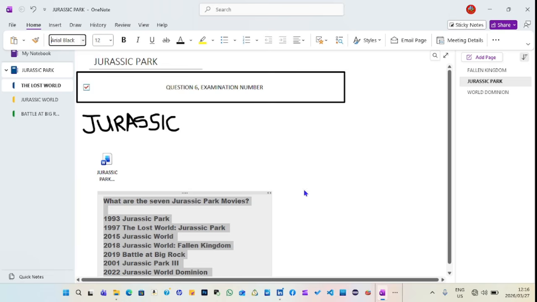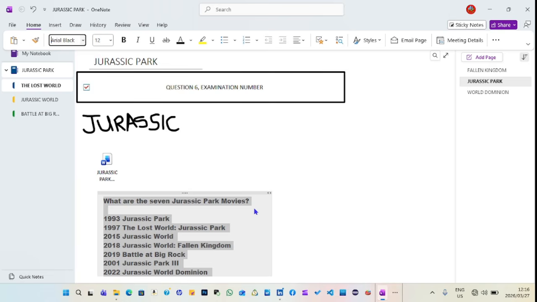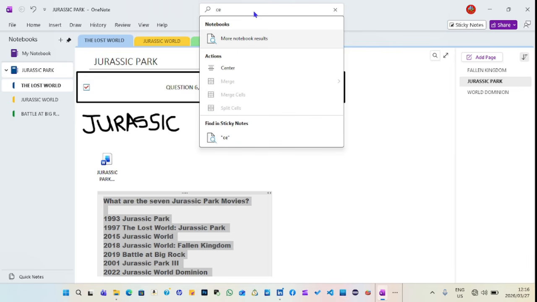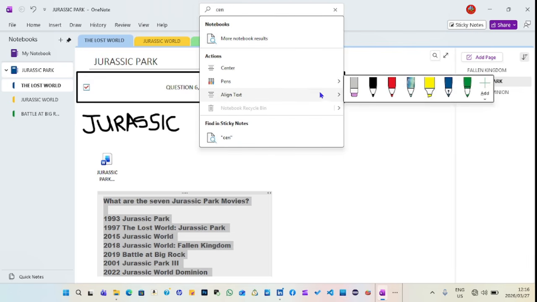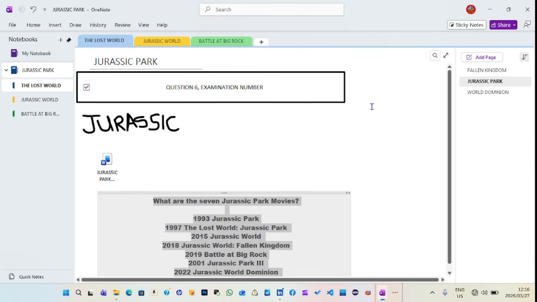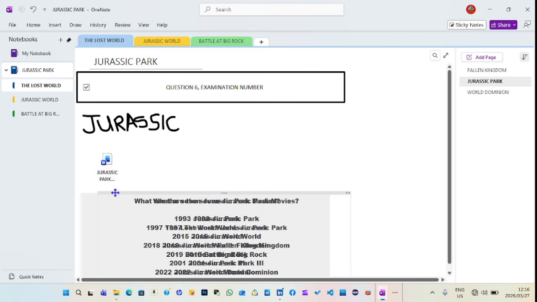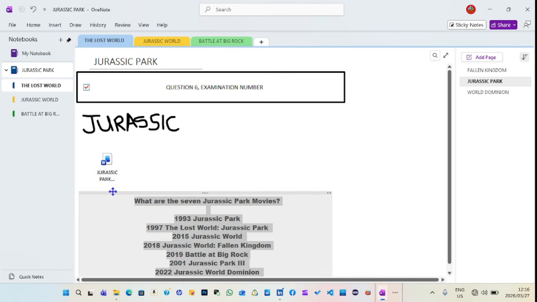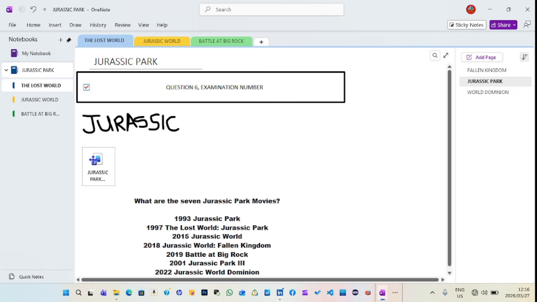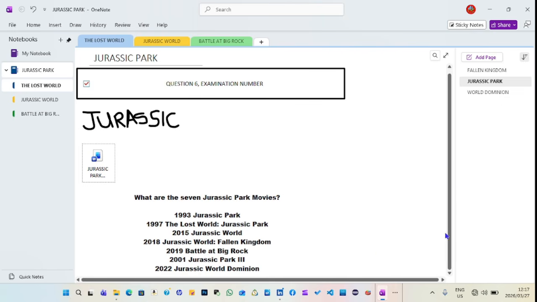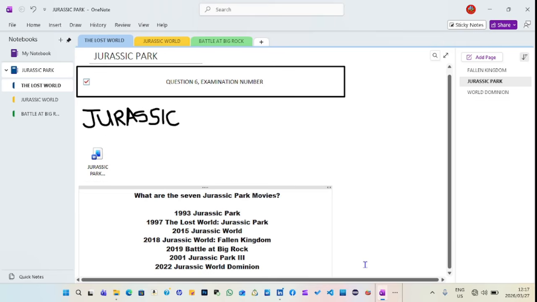Just unbold that one. And now once we have done this, remember we need to center the content, and to do that we need to search for center here. So you can see that we have center, so we're just going to come here and select center, right? So this is how we complete this one. And then what I'm realizing is that my text is not properly aligned. You can actually drag things around to align them properly. And then let's move on to the next